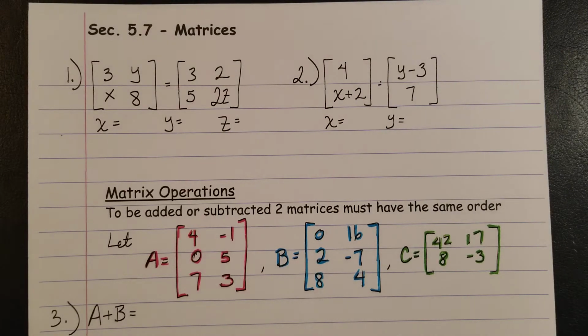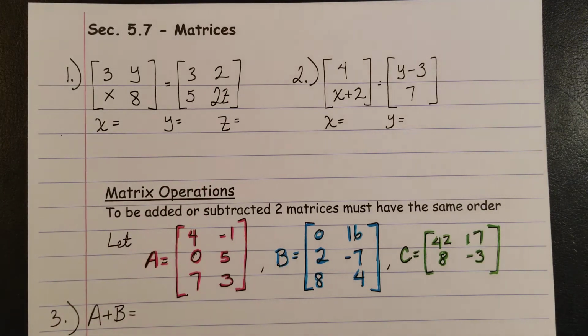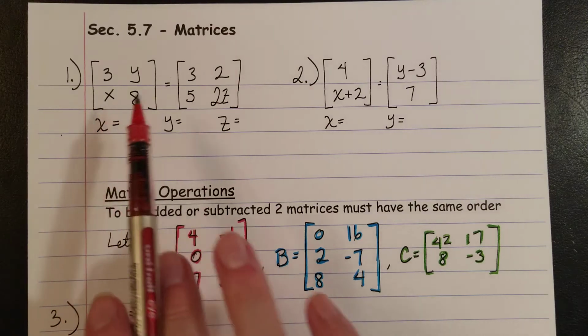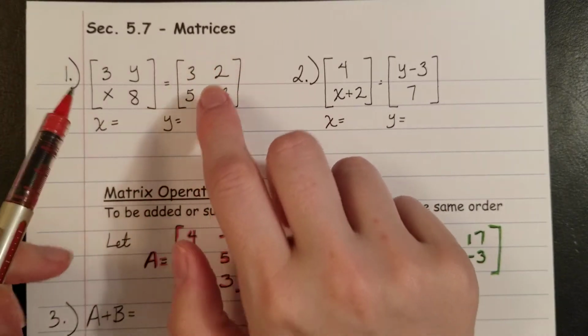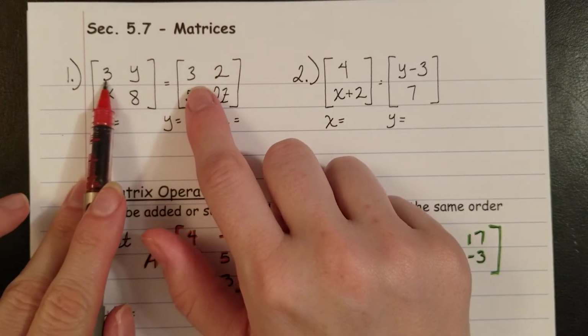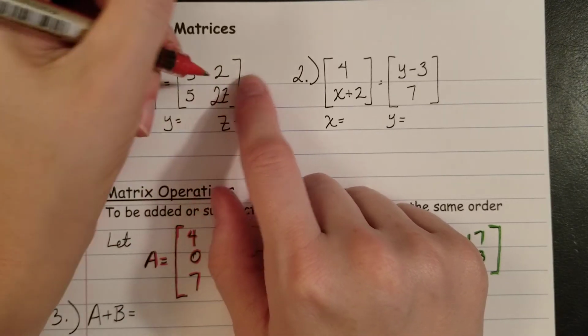Section 5.7, we're doing some more with matrices. So these first couple of problems, we just have two matrices set equal to each other. These matrices are the same size, or in other words, they have the same order. So the entries would just match up, like 3 is equal to 3, y is equal to 2,